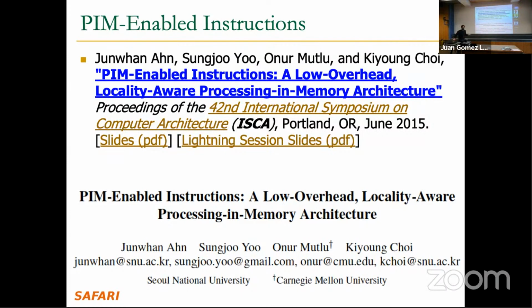As you may remember, the idea here is to identify some instructions that can benefit from being executed closer to memory because they are especially memory bound. And these can benefit many workloads, for example, graph processing workloads, right, where we typically have very low arithmetic intensity, but very scattered memory accesses, like random memory accesses that cause a lot of cache misses in the cache hierarchy